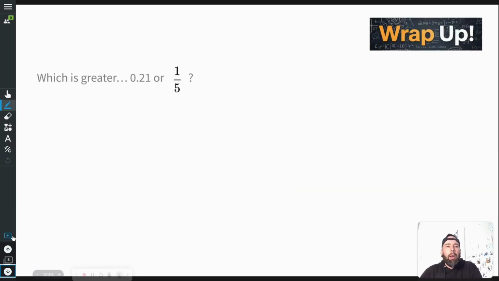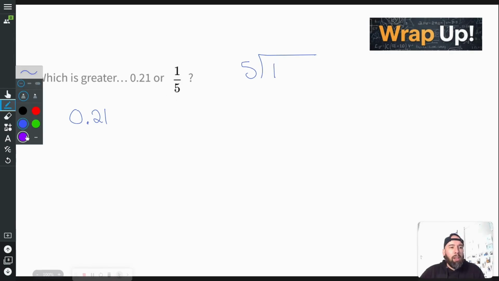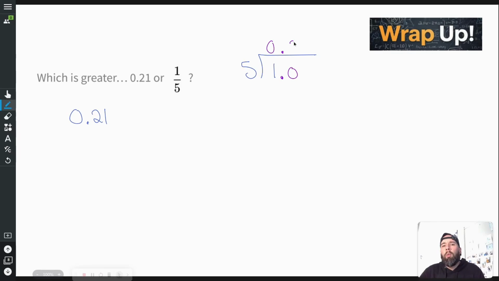Word problem time. Which is greater, 0.21 or 1/5? I'm going to leave these as decimals. So I'm going to leave this as 0 and 21 hundredths and find out what 1/5 is. So 5, I'm going to divide and make it a decimal. 5 on the outside, 1 on the inside. 5 doesn't go into 1, so I'm going to put my decimal here and add a 0. Put your decimal up there. 0 goes there because 5 doesn't go into 1. 5 goes into 10 twice exactly. So 2 times 5 is 10. Subtract them, you get 0. And 1/5 happens to be